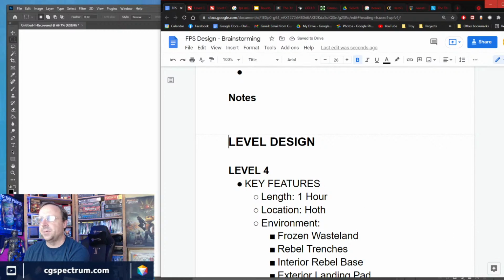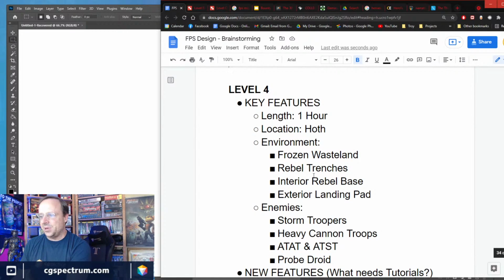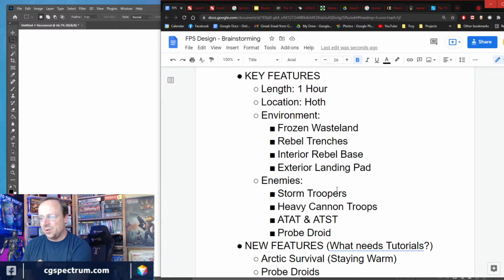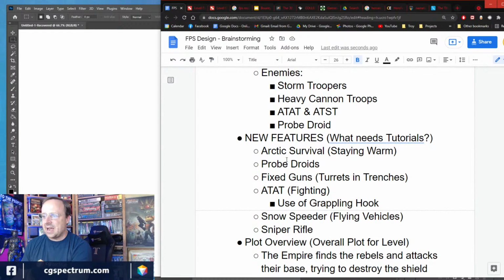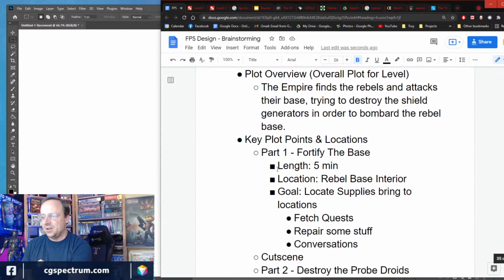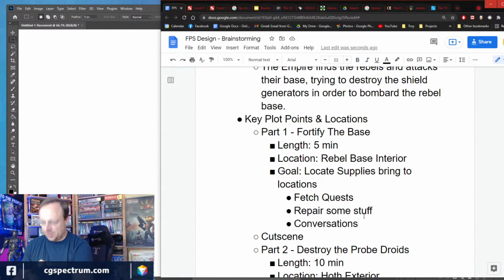Yeah, so roughly 3 pages. Okay, so again, in a traditional level, this could be 5 to 20 pages of detail. Just to show you, what else might I put in here? Key features, enemies. So now I could also start to say, for each one of these things,